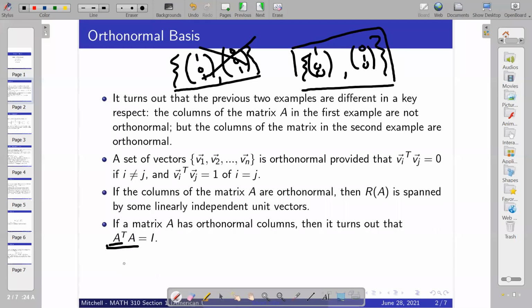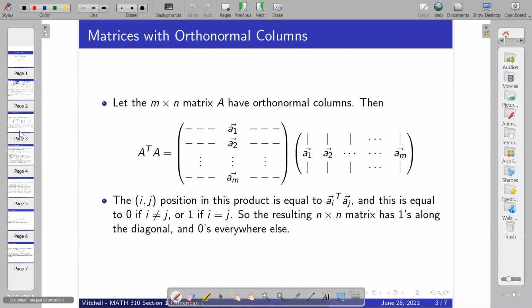If you have a set of orthonormal vectors, you take the transpose of the set of orthonormal vectors, you multiply by A, you get 1. One way of seeing that is that if A is an m by n matrix with orthonormal columns, then the rows of the transpose of A are basically the columns of A. Over here on the right, you see the matrix A with the columns being the vectors A. If you take the dot product, the ij position is equal to the dot product of ai with